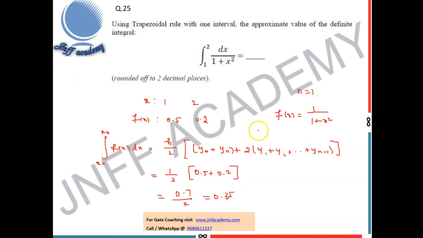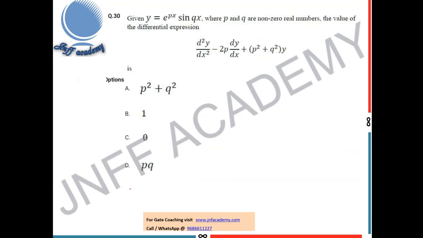So rounded off to 2 decimal places only. So the final answer is 0.35. That is the final answer. So the next question is,